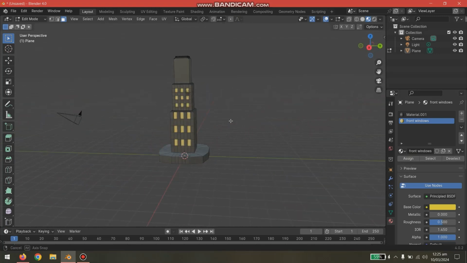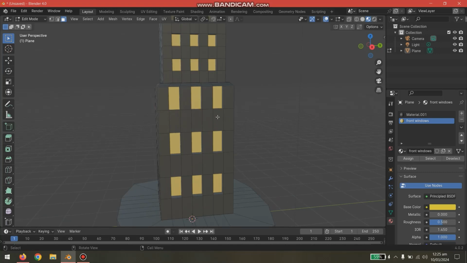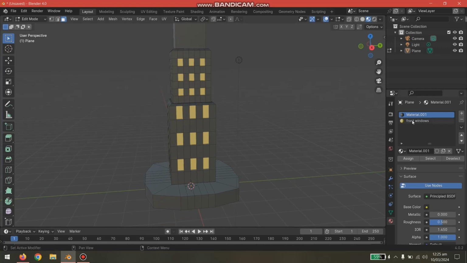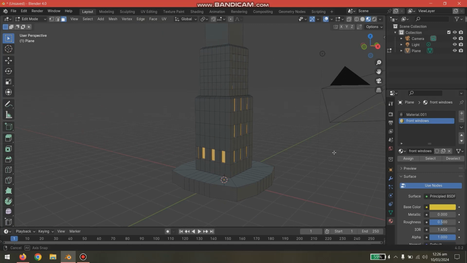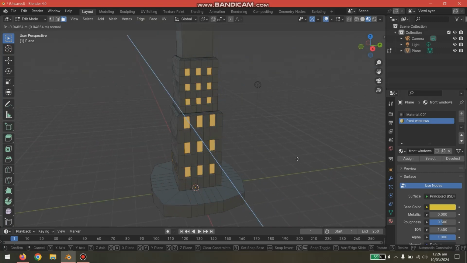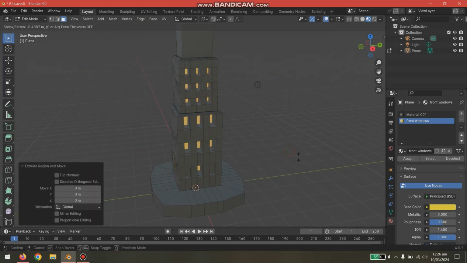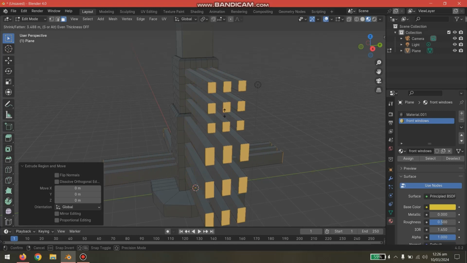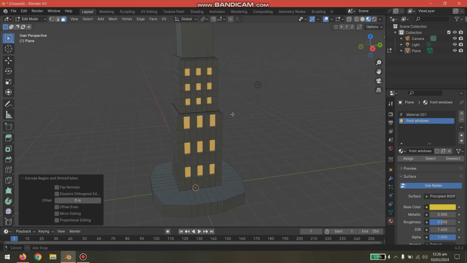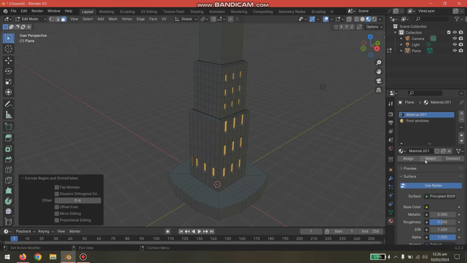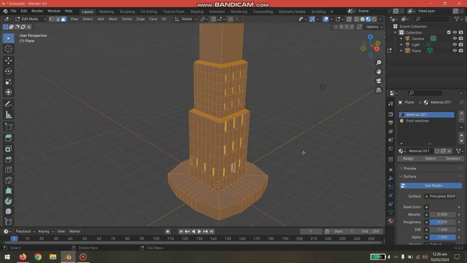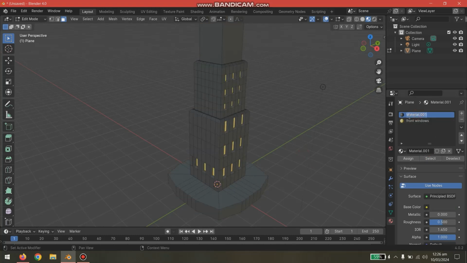And let's say I want to get back to these yellow windows. Should I be selecting them manually? Hell no. What you should do is just click on front windows and select this area. Okay. So the selected areas are now being extended. Alt E, extrude along normals. You can see here it is just working for these areas and nothing else. Okay. If you want to select the whole building, you can select the whole building too. So by default the material is for the whole building. Okay. So this is how